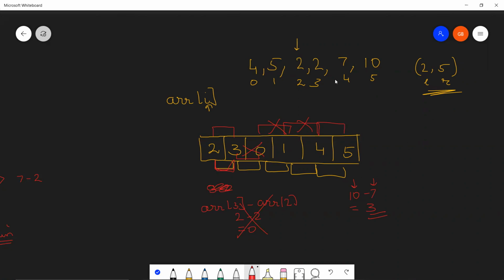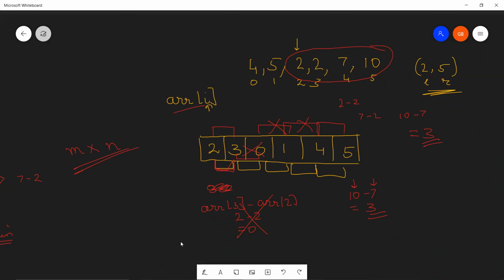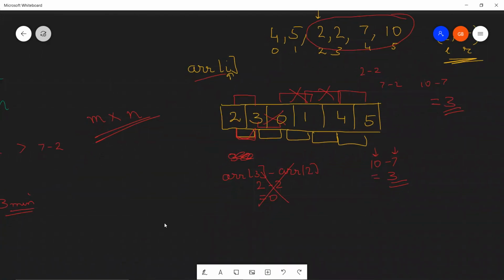If you want to look inside your array, 2, 5 is actually giving you this range. And in this example, we have 2 minus 2, 7 minus 2, and 10 minus 7. We already calculated for this, and this was giving us 3 in any case. This is another approach. For M queries, you're going to traverse over an auxiliary array, and its length would be the same as the nums array. And this again exceeds your time limit, unfortunately. This is again not a viable solution for this question. However, this is another approach.